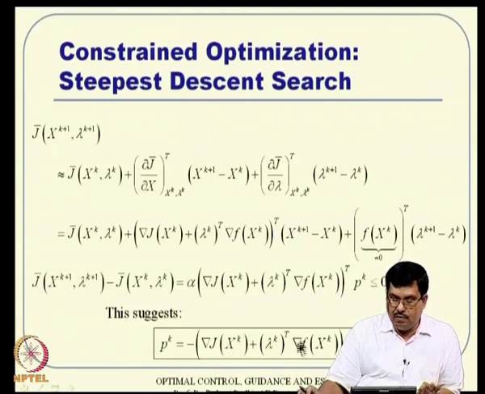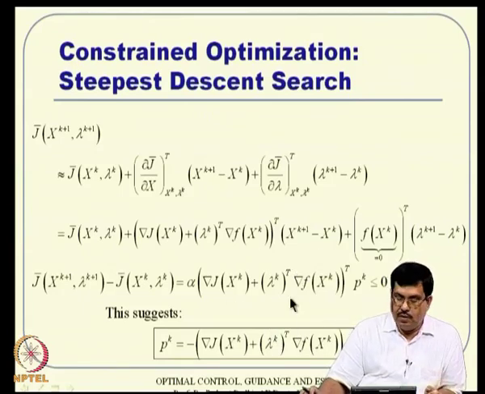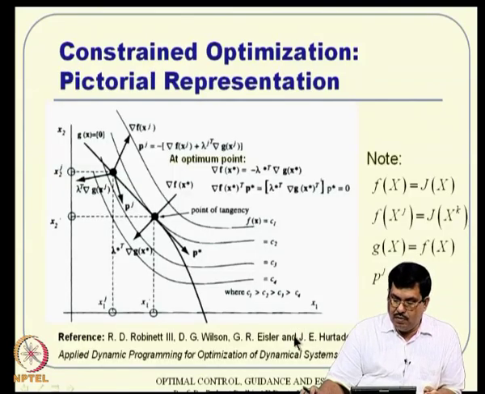You first take these two gradient vectors and formulate a linear combination of them. That will give you some direction, and the negative of that direction happens to be your search direction. Now, another interpretation: how long will we continue? We will continue until this quantity happens to be 0, or very close to 0. Then if it is 0, what is the interpretation?